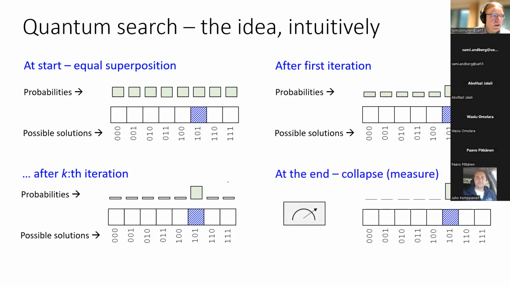So in this case, with high probability, when we measure, we would be outputting this state here, and then we know in which index the one that we're looking for is located. So that's the key idea of how this quantum search, or the Grover algorithm, works. And this is known as amplitude amplification.